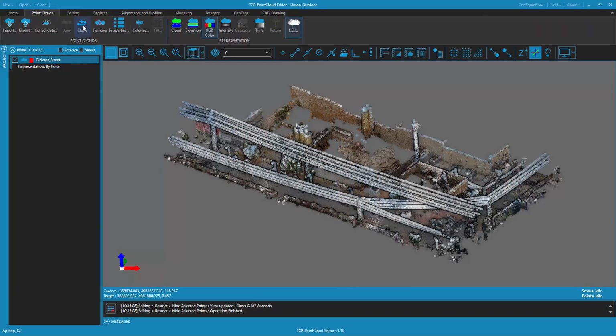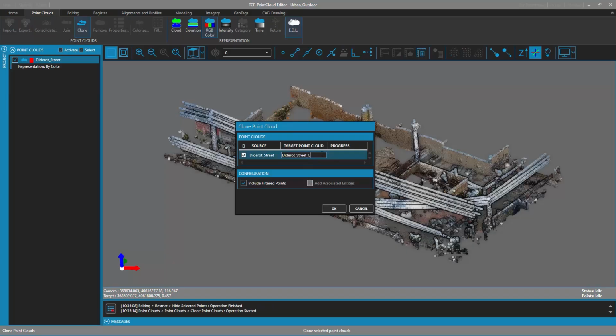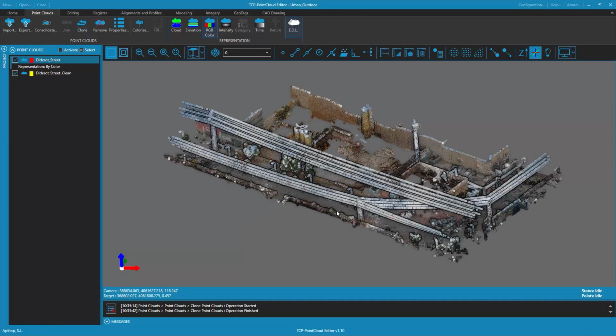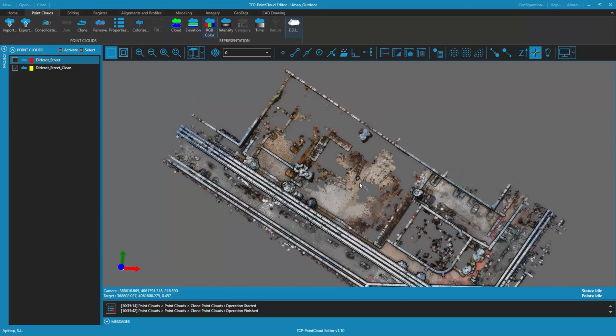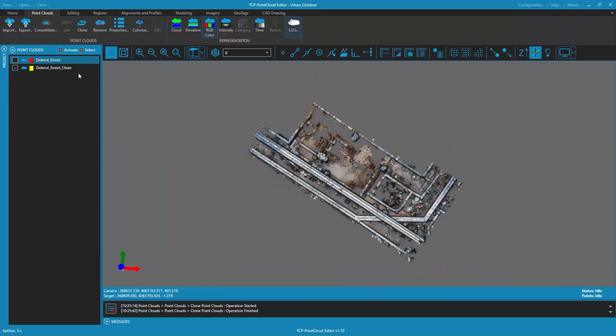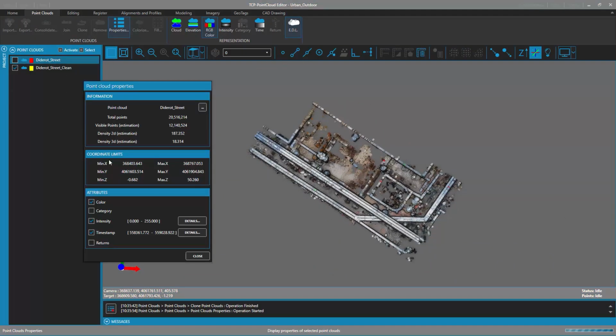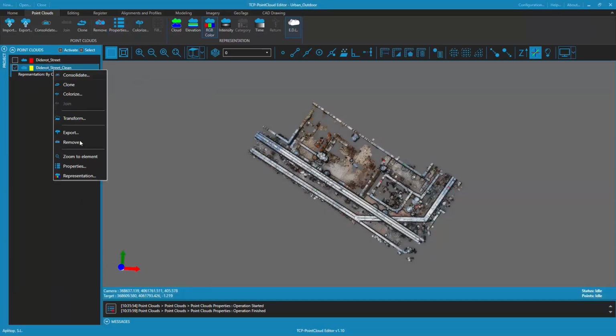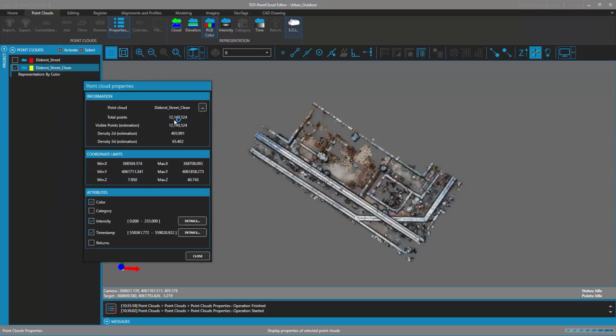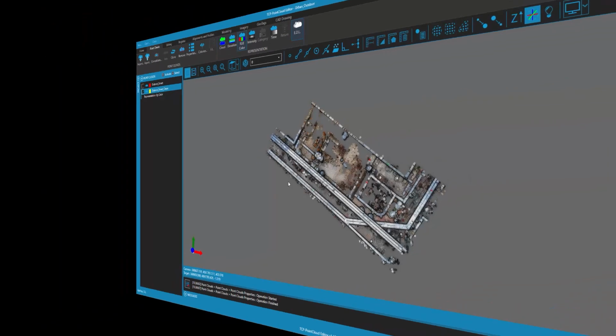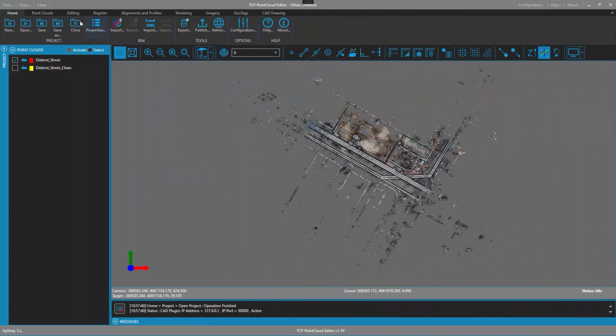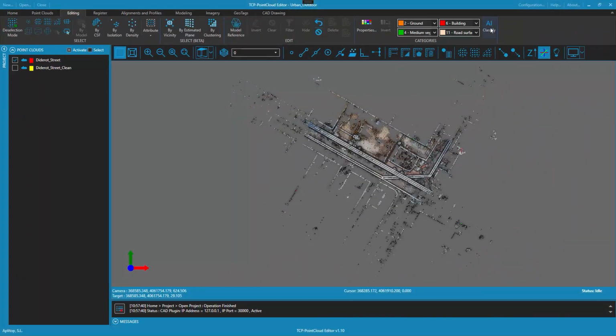So the other objective in this work is to have a classification. Now we are going to show the capabilities of classification over the raw point cloud. We see first that we have two point clouds, one that is cleaner and the other that was the raw, and one has a lot more points than the other. Anyway, with the artificial intelligence classification tool that will be included in the next release of our application, we are